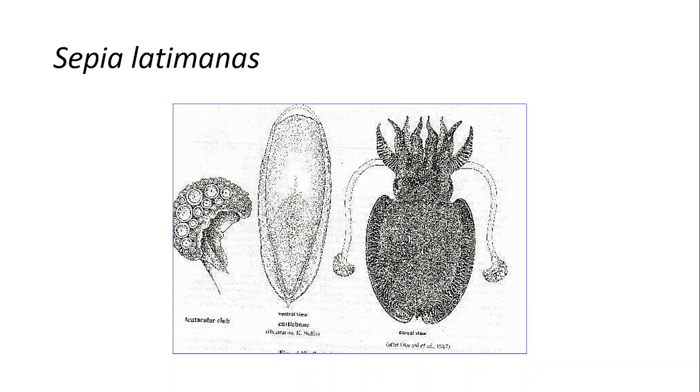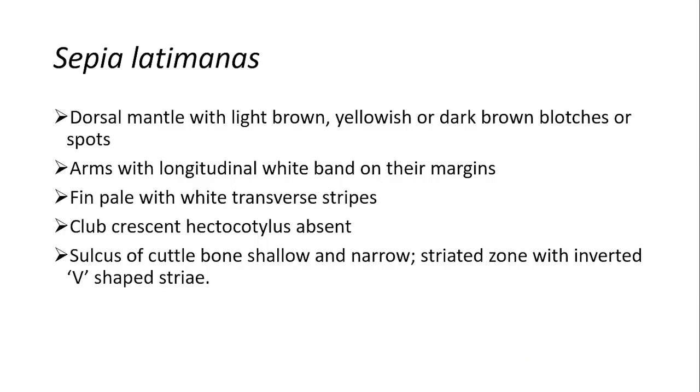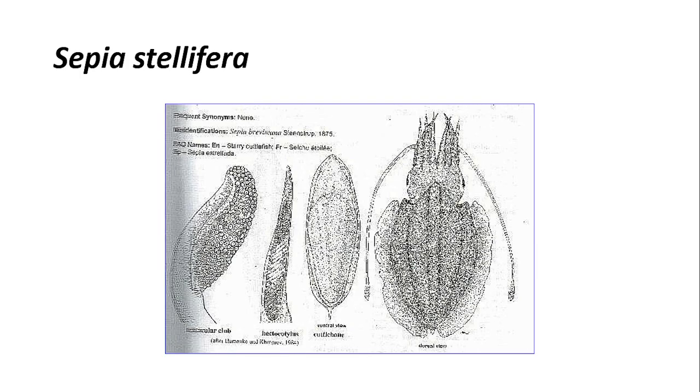The dorsal mantle with light brown and yellowish or dark brown blotches and spots are present in Sepia latimanus. Next, we move to the species of Sepia